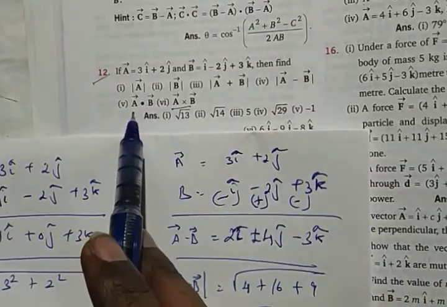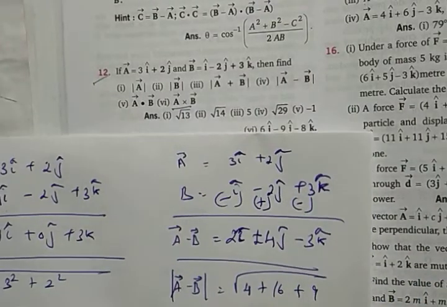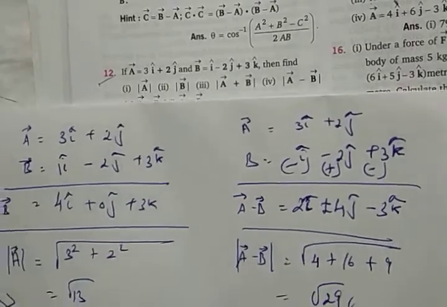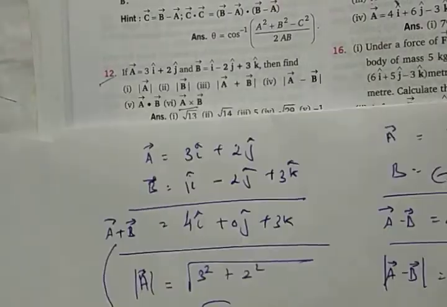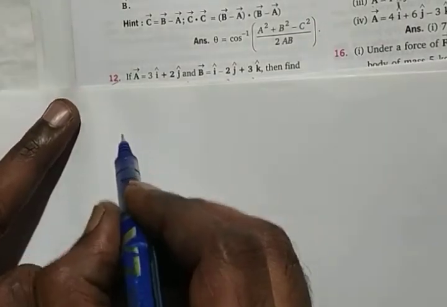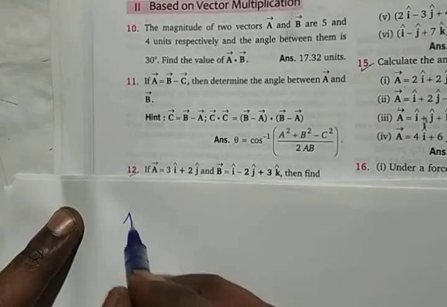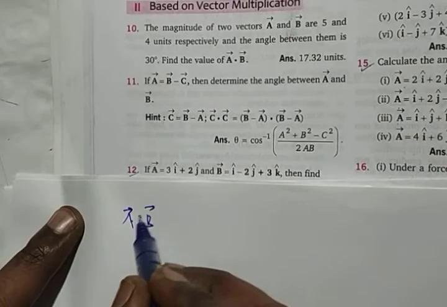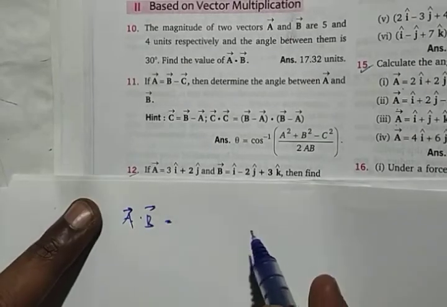Next, the dot product is asked. Hope you heard it out. Try to do this one. I'll quickly do this dot product here. The dot product of these two vectors, how to do it. So A dot B. How would you try to do it? A dot B vector is equal to